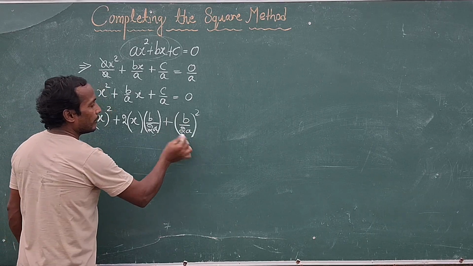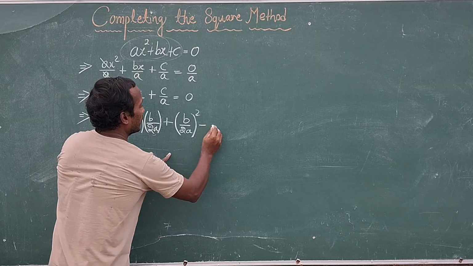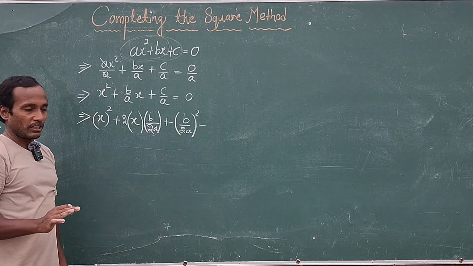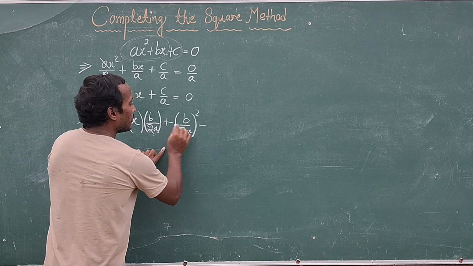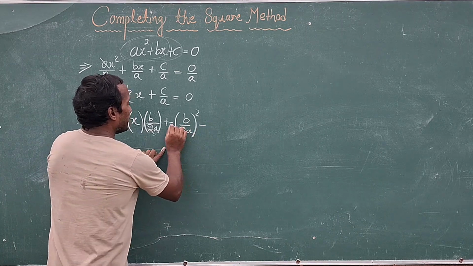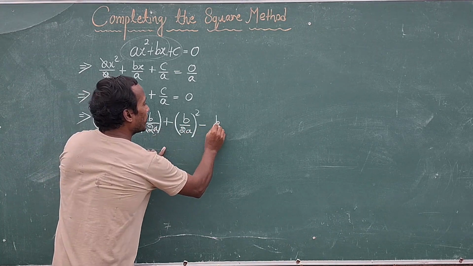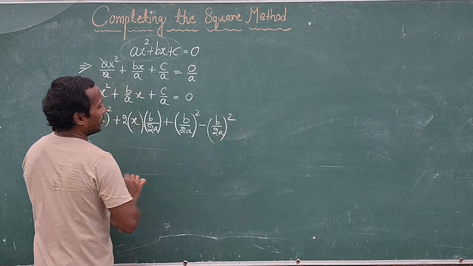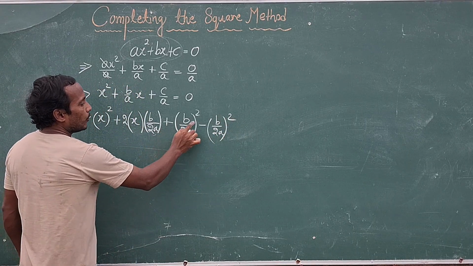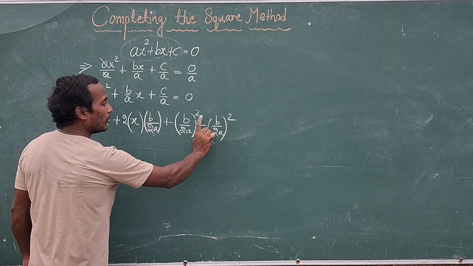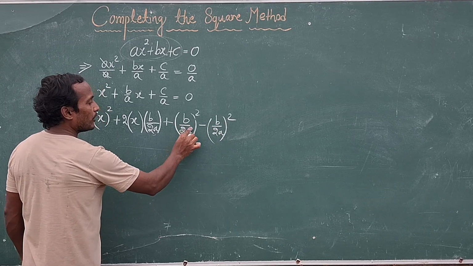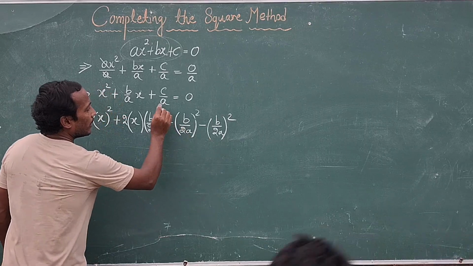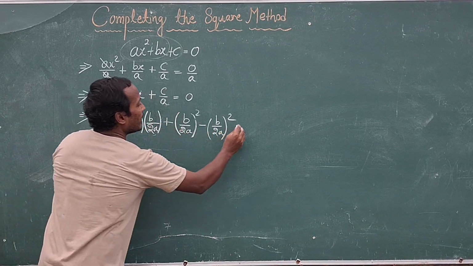Because I added it myself, I have to subtract it also. Adding the same thing and subtracting the same thing brings no change in the equation. So I can do it: b by 2a whole square. I have added, so I will subtract the same thing, b by 2a whole square, also. Plus b by 2a whole square minus b by 2a whole square. I added b by 2a whole square, so I subtracted b by 2a whole square on the same side. At the same time you are left with plus c by a, so write it,